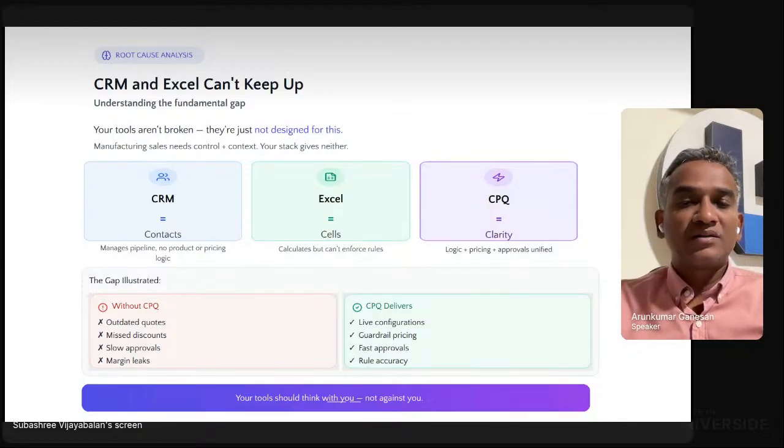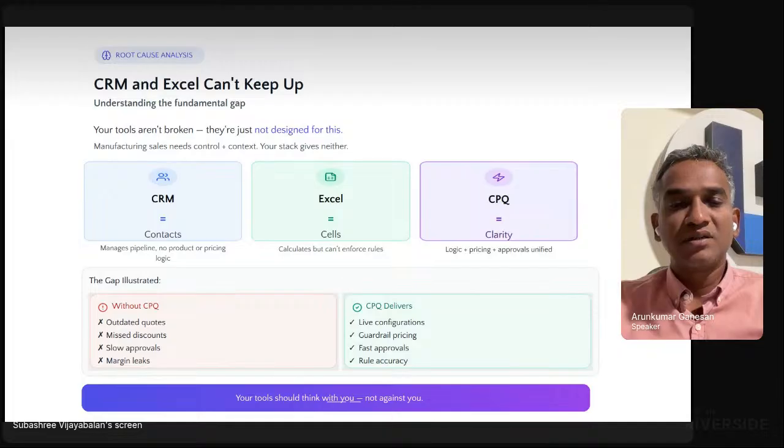But what CPQ, on the other hand, can deliver? You could do a live configuration of the products you want, and your pricing is always protected, because it will not allow you to make calculation errors.